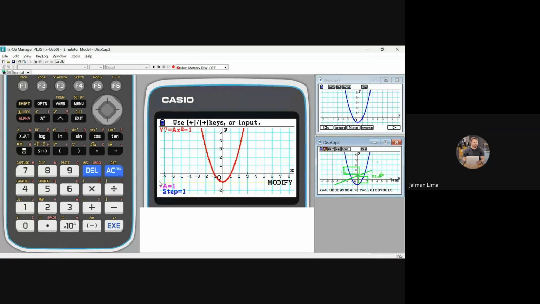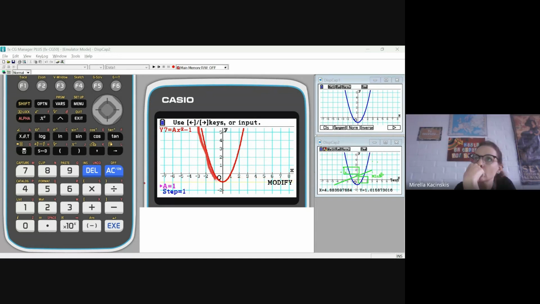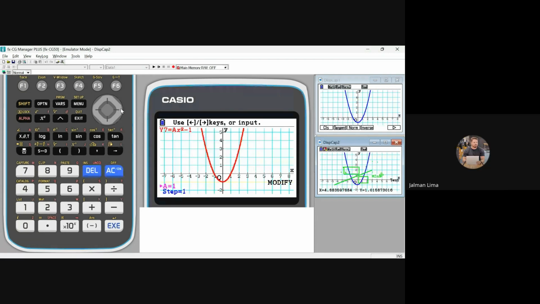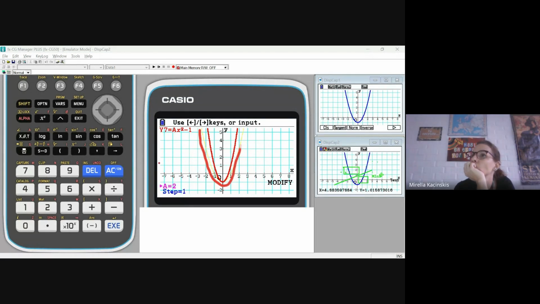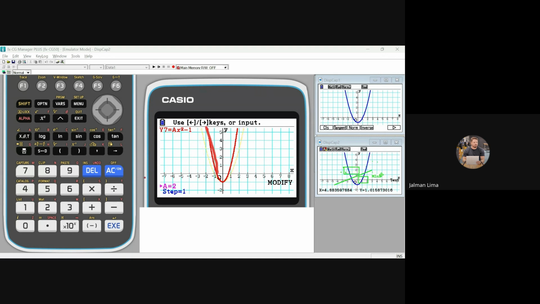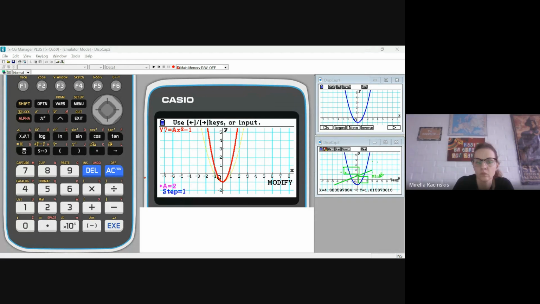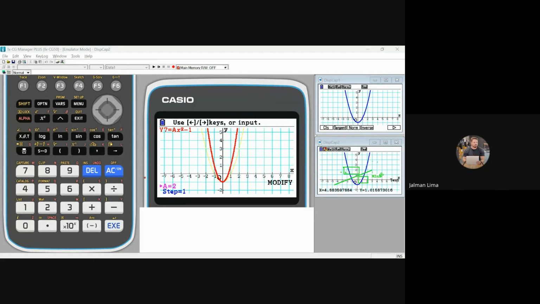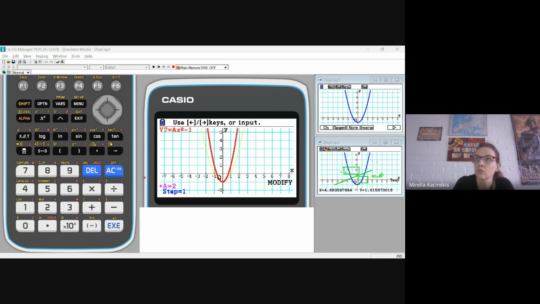And now you can see the old function and the new function. I've done 2 now. If I hit it again, now you can see in yellow the older function and the new one. So you can ask some pedagogical questions about what's happening to how the function is changing. So when A is increasing, what happens to the function? What happens to the graph of the function? When A is negative,